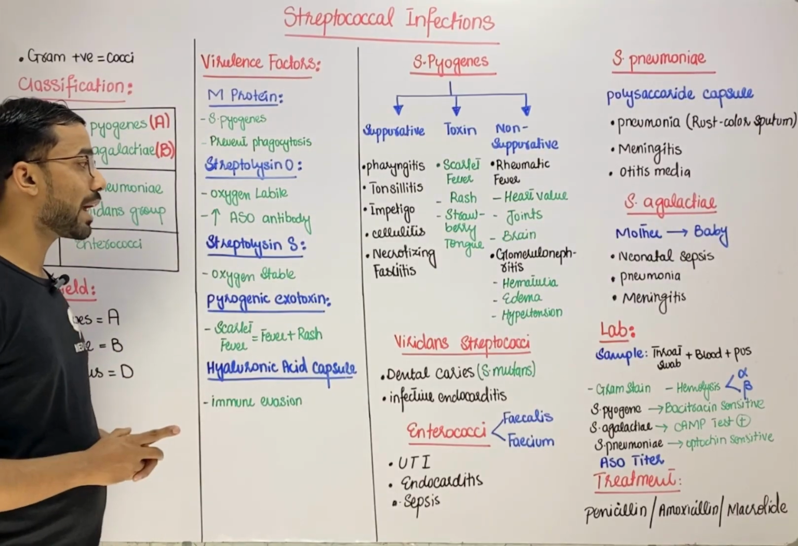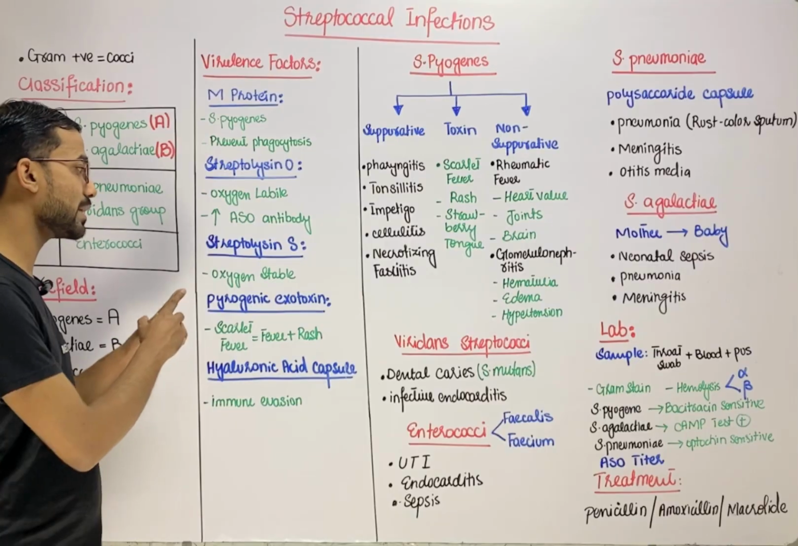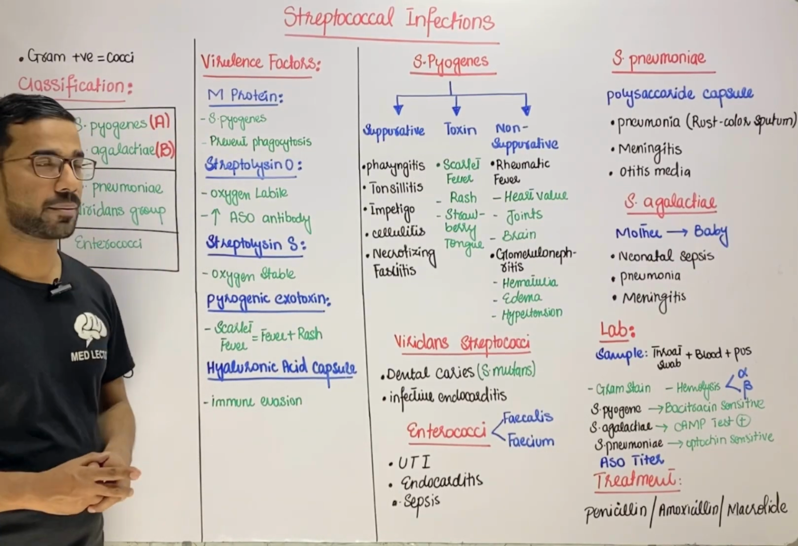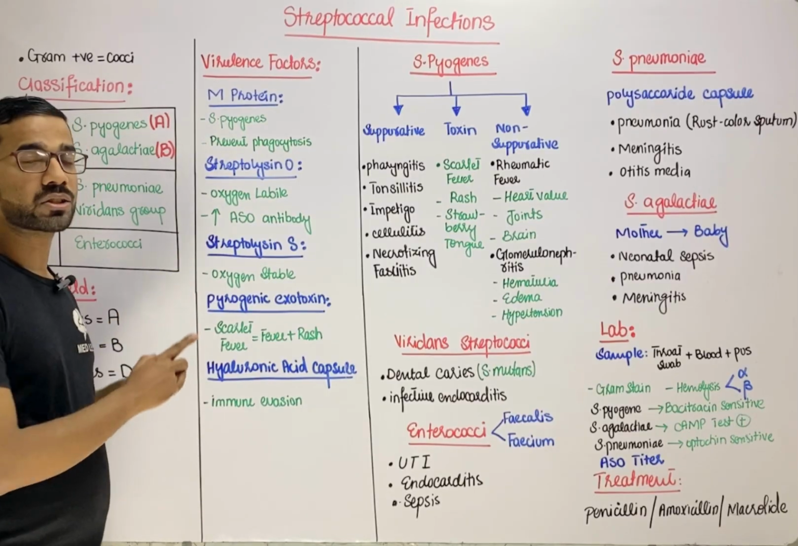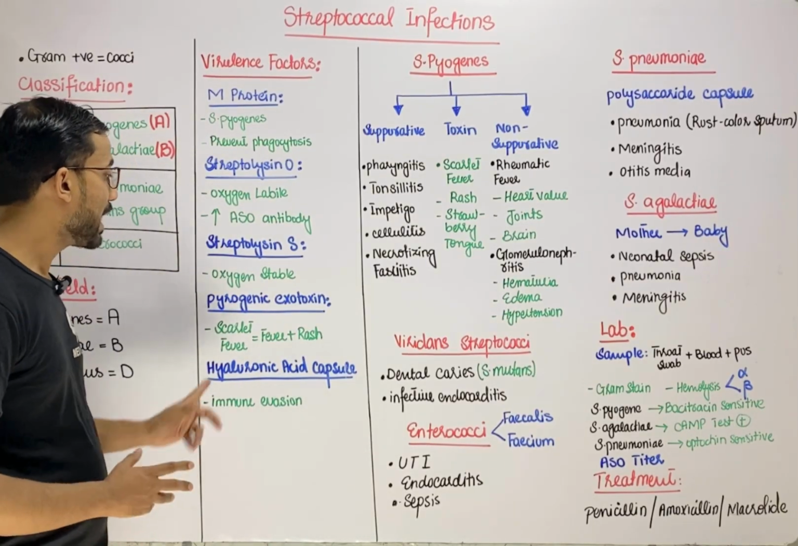And streptolysin S will also be produced by these species. This streptolysin is oxygen stable. So O will be oxygen labile and S will be oxygen stable. Okay. Next, we will see